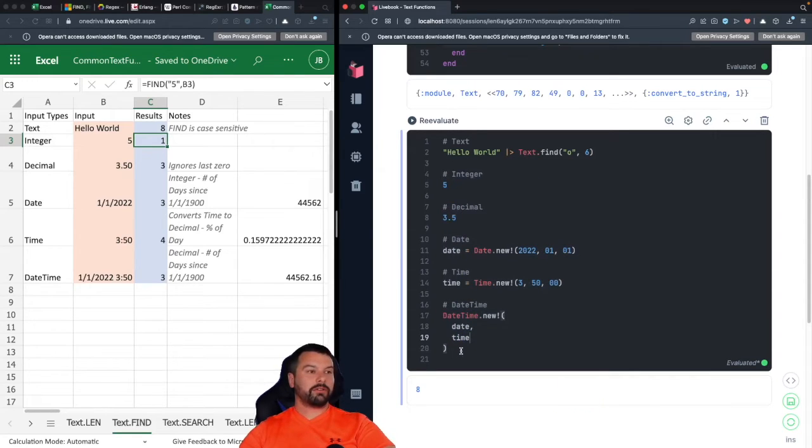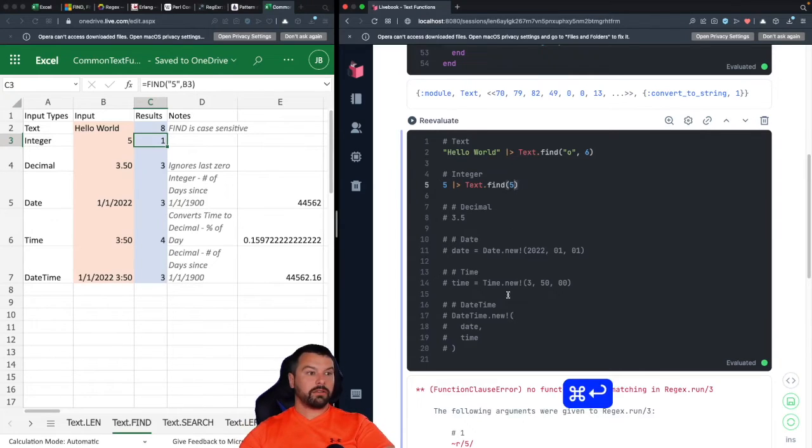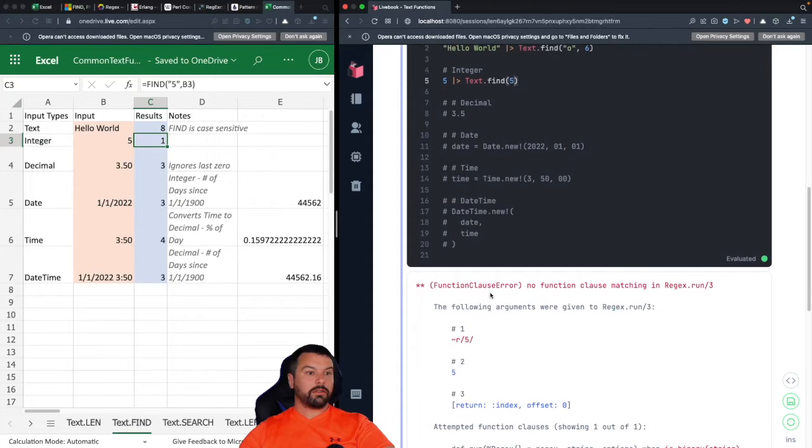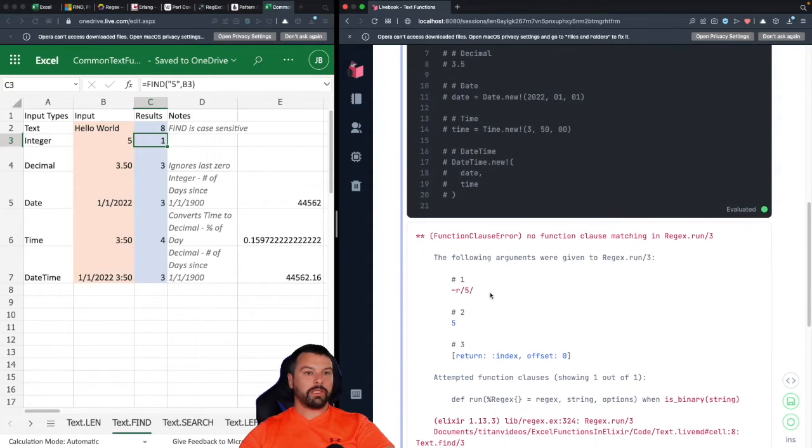Okay, so now let's start working through them one by one. We could just copy paste our code. Okay, so what did I do here in Excel? We could simply search for 5 and it'll return 1. Okay, so does that work? Let's see, if I search for 5, we're not going to pass anything again, so our offset will be 0. So if I do this, oh, so we got a,